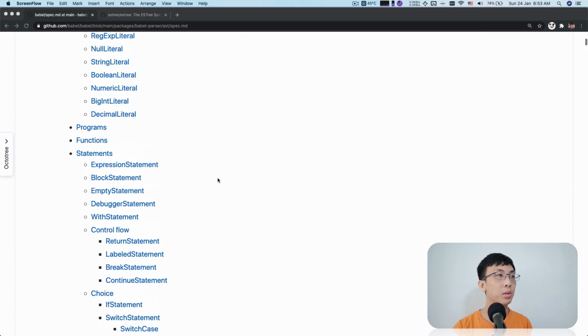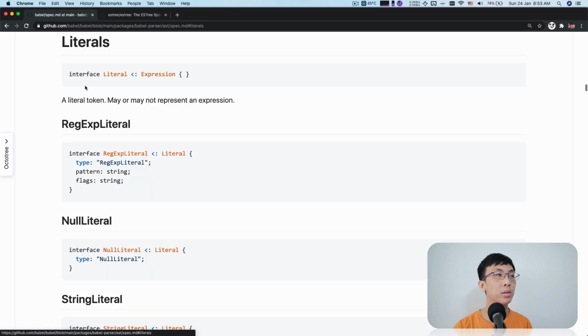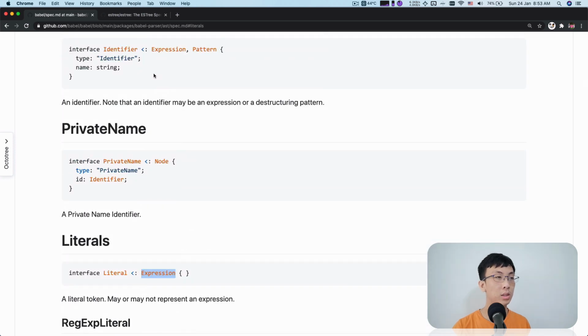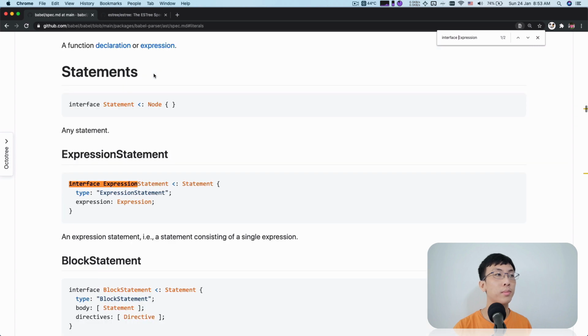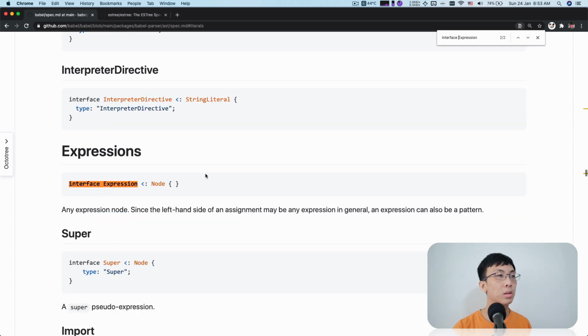Right? For example, you have literals. This expression over here says that the literal is extending from expressions. So if you go to expressions, you may see that it's an extending subclass of node. It's extending from the node interface, and then if you look at the node interface,